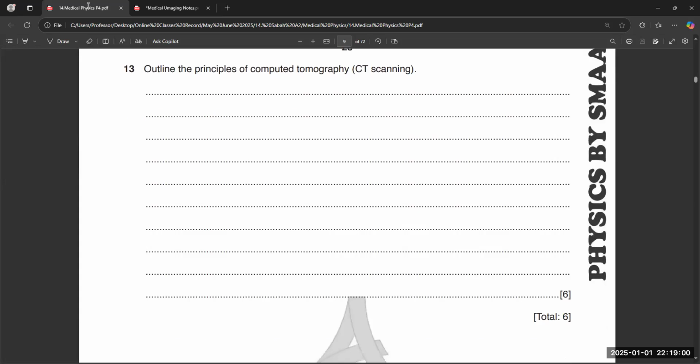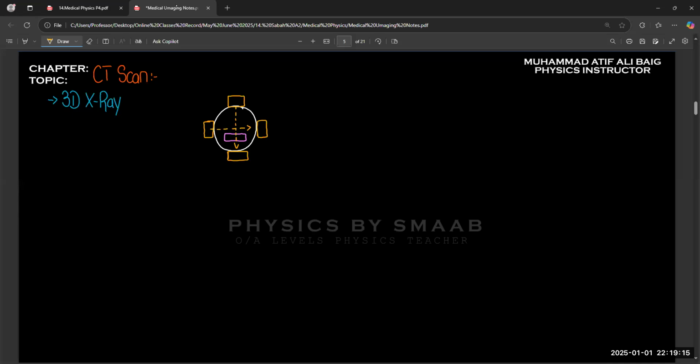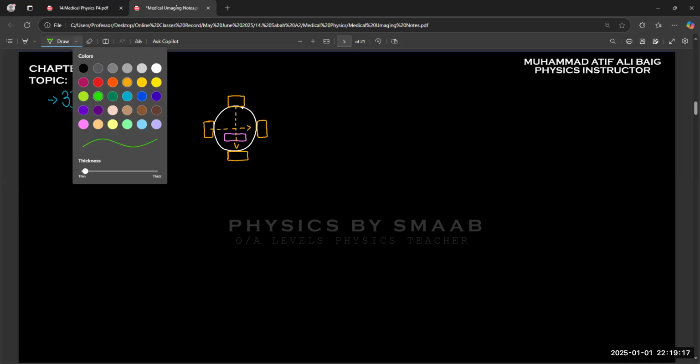CT scanning is for 6 marks, so maximum you will get this question for a total of 6 marks. So how would we answer, what would be the 6 points which I would have to write? First of all, the first point,